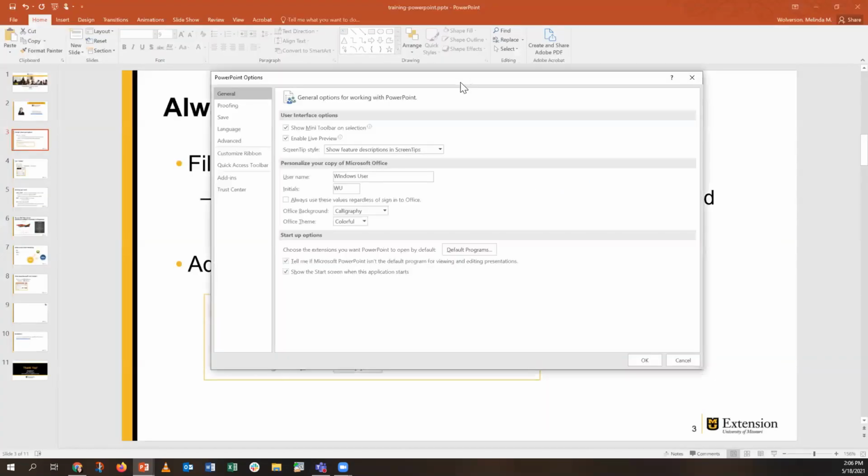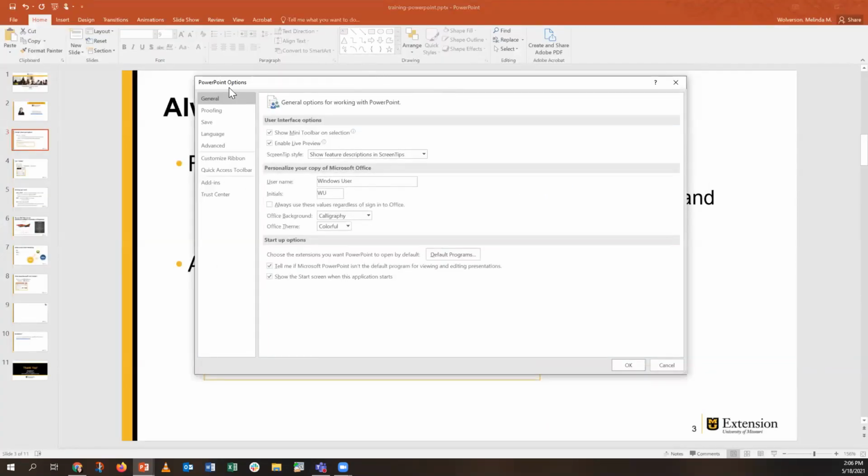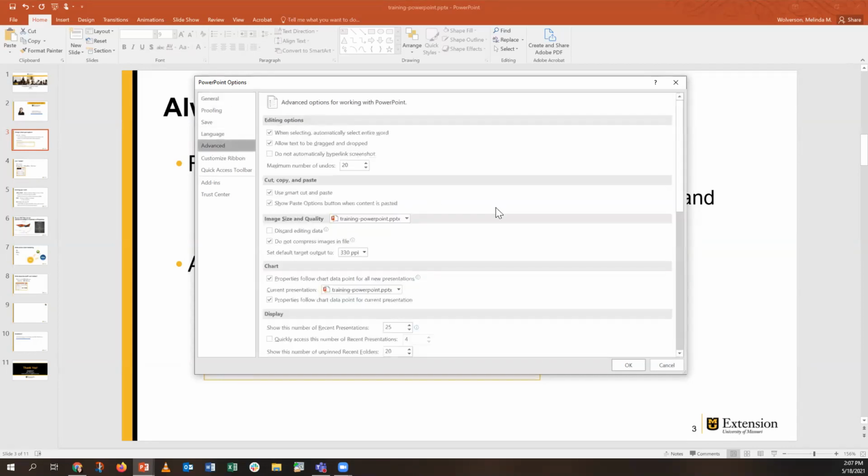That would be priceless. Okay, so under PowerPoint Options, these are all the options for your program. And I should mention that all of these exist for all of the Office programs, so Word and Excel have the same options menu. These are essentially your preferences for this program, but you can go to any one of them and change the preferences for those programs as well. So it's good to just know about this menu to start with. But I always recommend that people go to the Advanced section